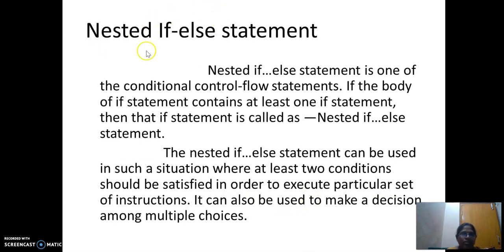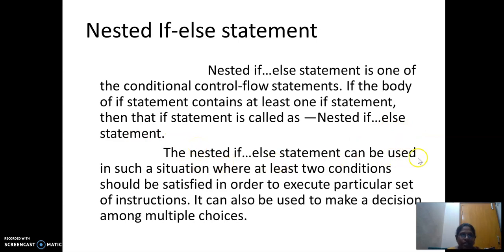Next, the third one is the nested if else statement. The nested if else statement is one of the conditional control flow statements. If the body of an if statement contains at least one if statement, then that if statement is called a nested if else statement.